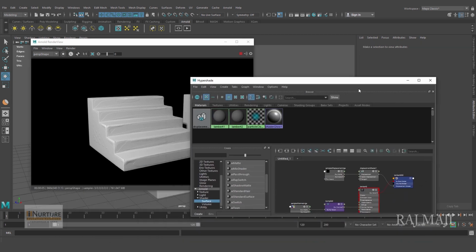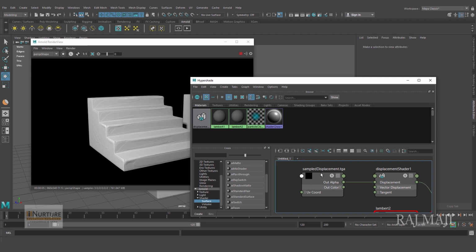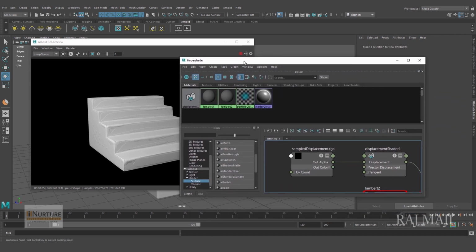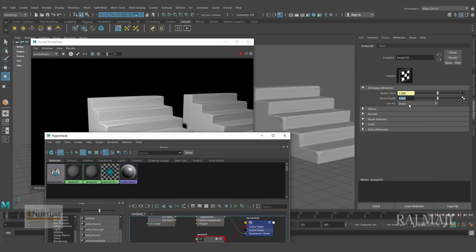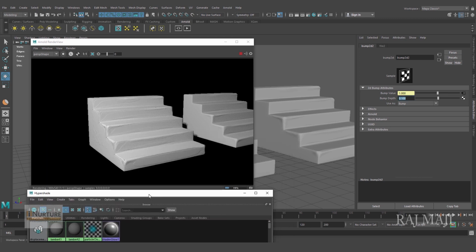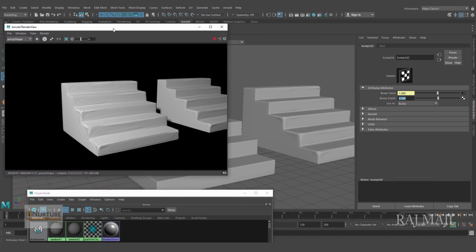And as I told you, this displacement map is not 100% perfect. That's why we are getting some other deformation also, but you understood what I am trying to do. And once again I am making it 0.1. Alright, so the high poly detailing we are getting on the low poly model.